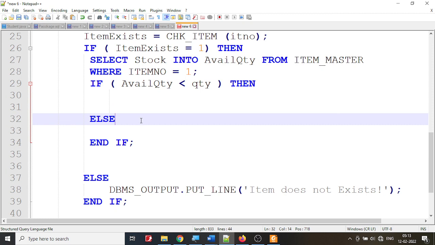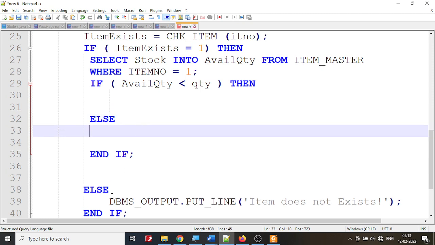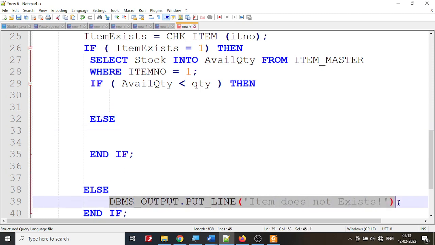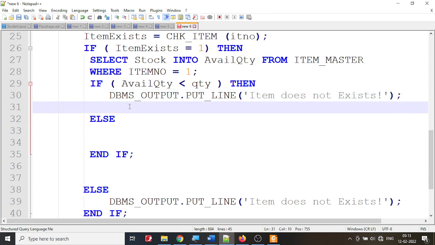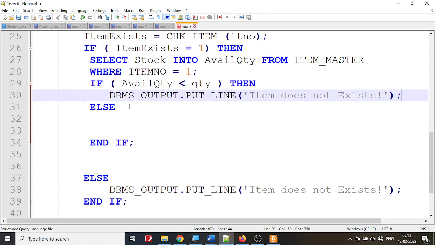Else part is very simple. What is this else part? If the available quantity is less than the given quantity, if it is less than that, then you say that